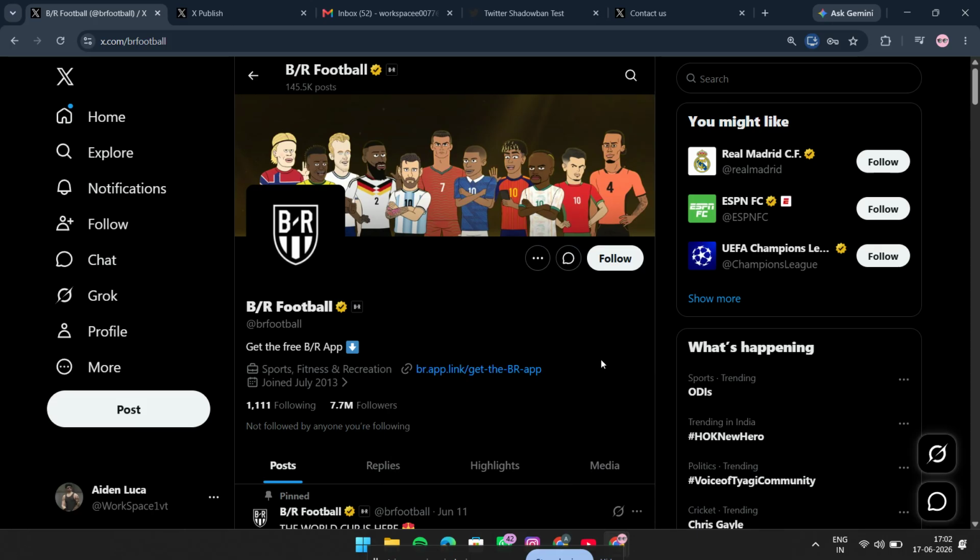the feature you want. It's also important to remember that because X controls shadowbanning automatically, there is no legitimate manual setting, secret menu, or hidden tool that lets you shadowban another account. If you see apps or websites claiming they can do that for you, be very cautious, because they may not be trustworthy. The best approach is to use X's built-in safety tools and let the platform handle moderation on its